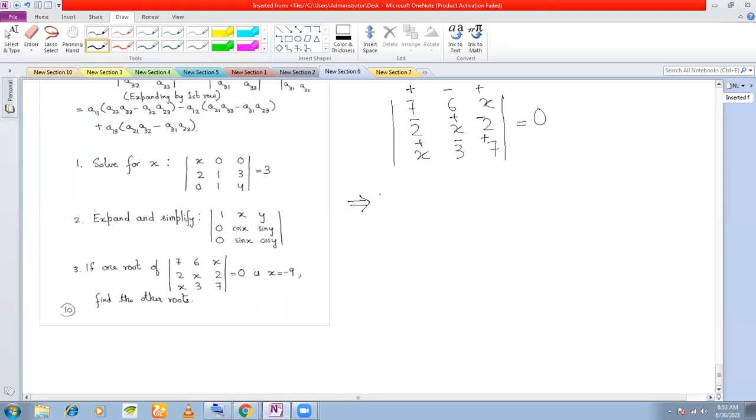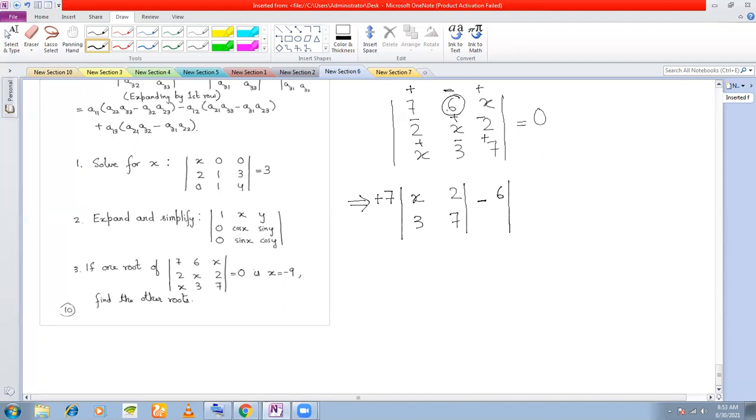Right. So let us expand along the first row, because there are no zeros. You can choose any row, any column you want. Let us choose the first row. So 7, right, into its minor, plus 7, obviously, because this is a plus position, into its minor. What is the minor here? x, 2, 3, 7, right? Next is a minus position. So you give a minus sign.